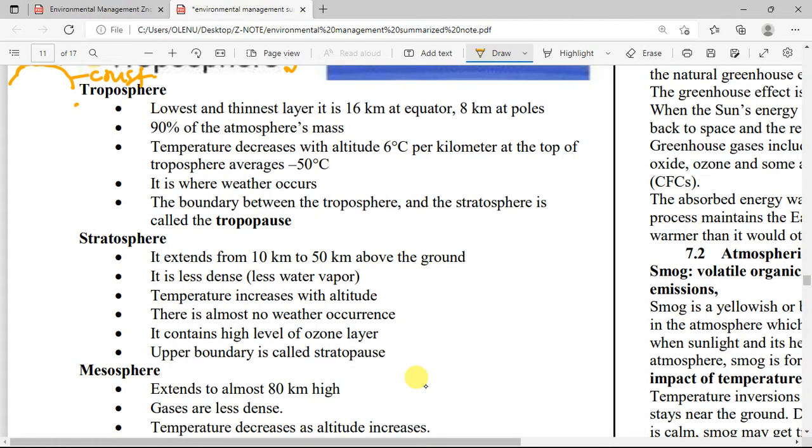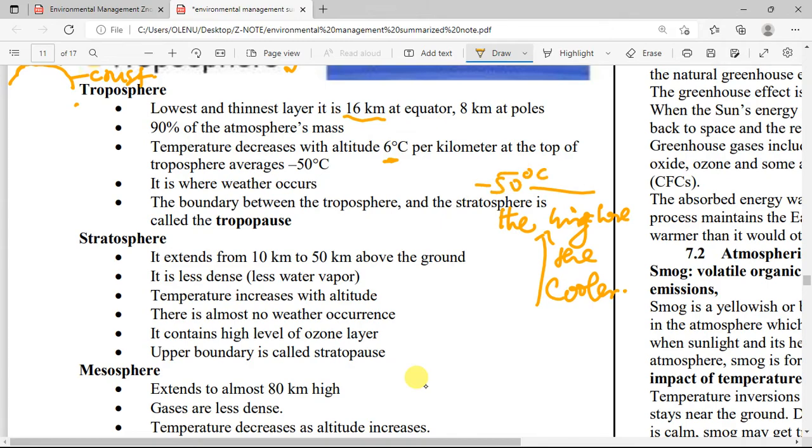Now, the troposphere is the lowest and the thinnest layer and is approximately 16 kilometers at the equator and 8 kilometers at the poles. 90% of the atmospheric mass is found within the troposphere, and the temperature decreases with altitude. So, within the troposphere, the higher you go, the cooler it becomes. At the tropopause, which is the top of the troposphere, the temperature is approximately minus 50 degrees Celsius,